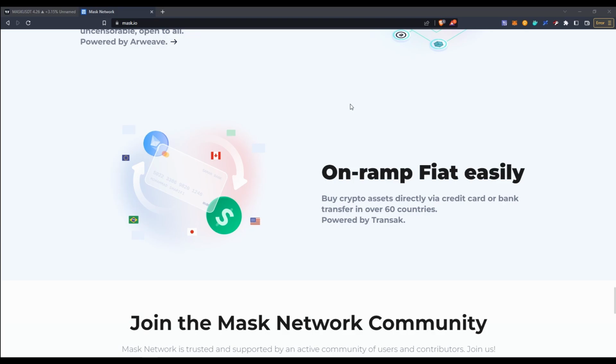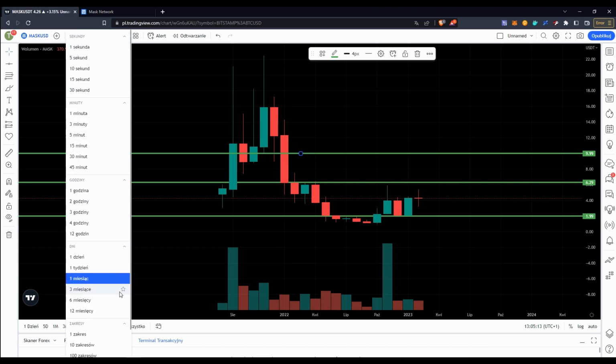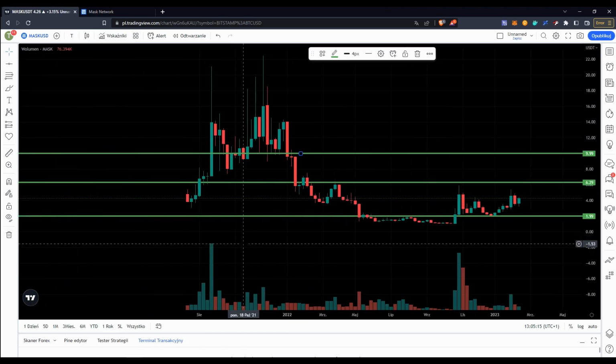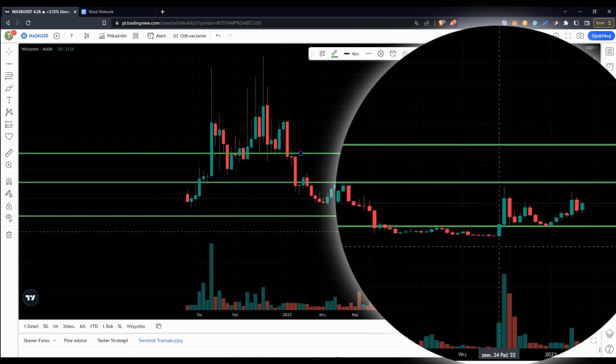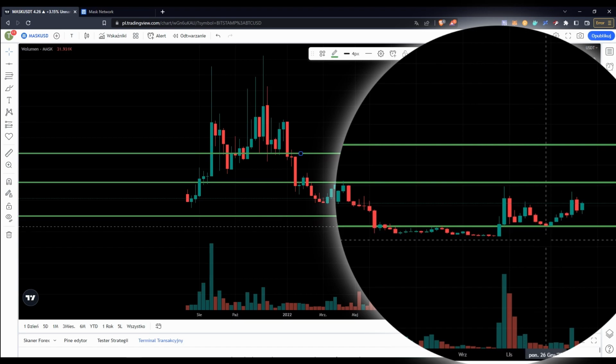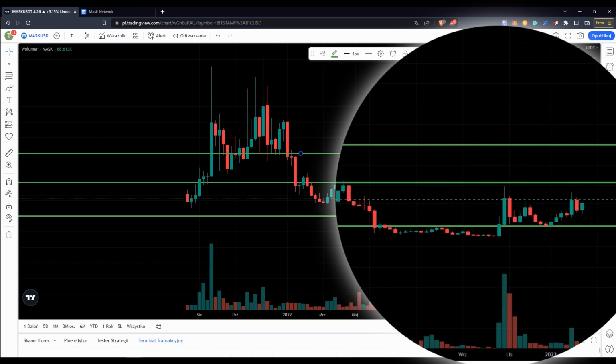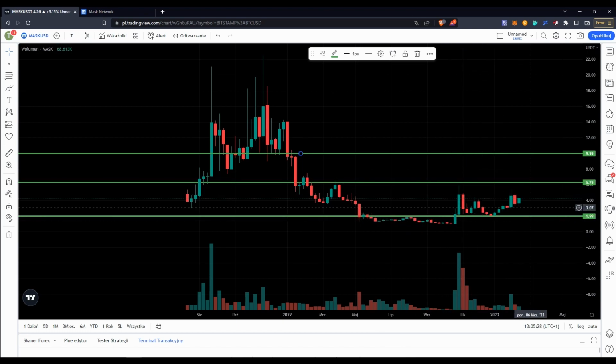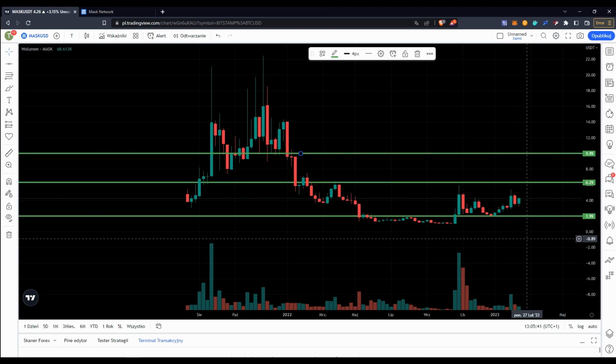All right, so we know what Mask is. We know from the monthly chart perspective where we are currently. So let's switch lower. Let's switch to the weekly chart here. And as you can see, after the huge rally, we are trying to consolidate between the levels we were discussing on the monthly chart, so between 2 and 6.30, and as of now, it's very similar to what we've seen there. Again, a move above 6.30, a weekly close above this may open the $10 level very easily, right? As long as we are holding above 2, that's the significant development.